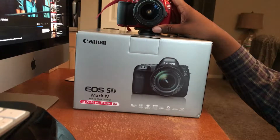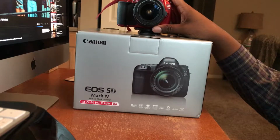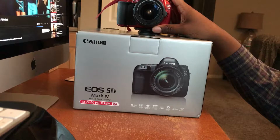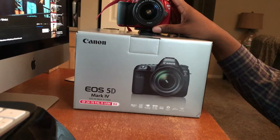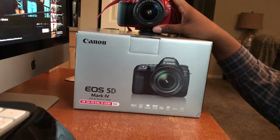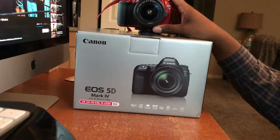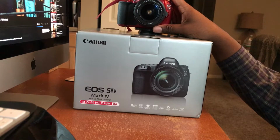But I do a lot of portraits and things like graduation pictures, and I'm trying to get into weddings a lot more. I actually did my first wedding not too long ago. It was not with the Canon EOS T5. It was with the Canon 6D, and that's when I knew that I loved and I needed a full frame camera, because